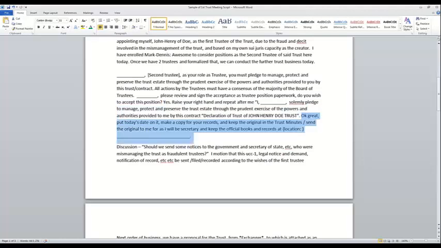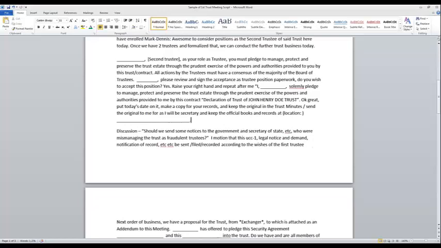Hey, and then they sign something? I mean, that's as solid as you can get. Okay, but it's a little more than just signing the paperwork. Okay, great. So put today's date on it, make a copy for your records, keep the original in the trust minutes,